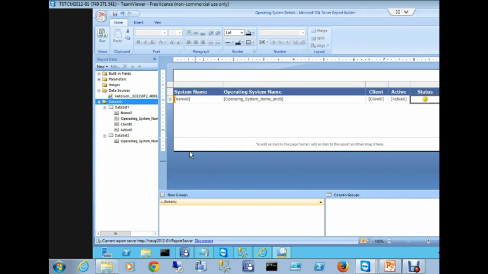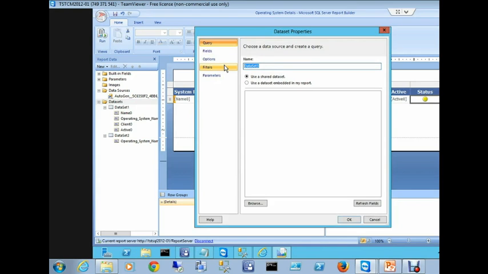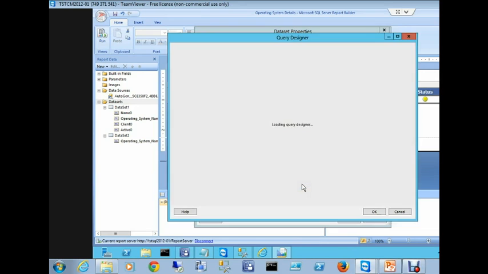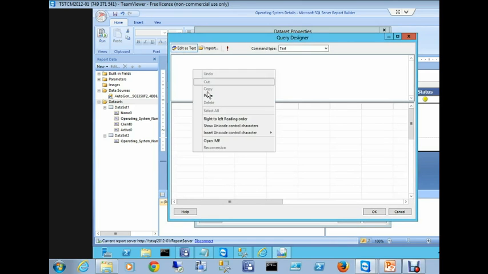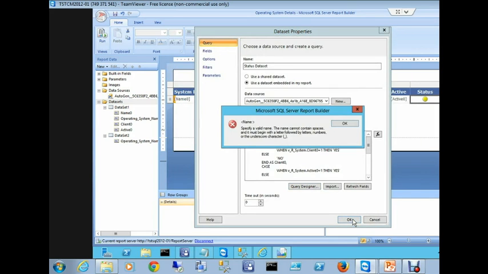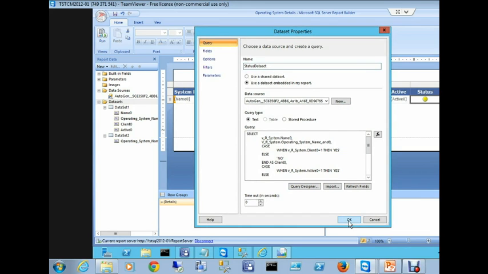I'm going to change the name here. Status data set. So now that I have our values showing up as numeric, if I would have pulled that in and just shown you the values, you all know it's going to come up and say null. So now that we have that,